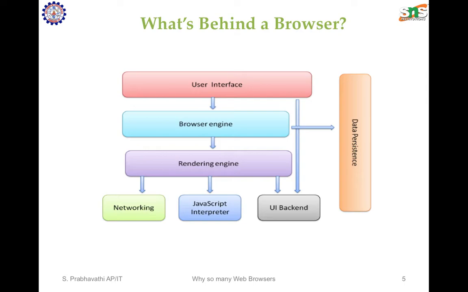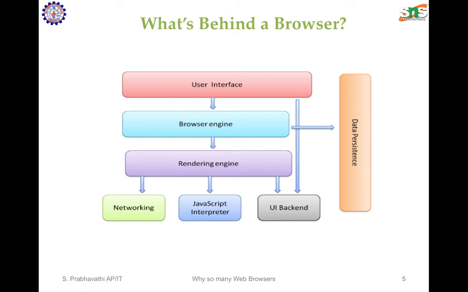Okay, so with this little introduction about the history of web browsers, we'll look at what's happening behind the web browser. The main components of web browsers are given in this diagram. The user interface includes the address bar, back and forward buttons, bookmarking menu, minimize, maximize, exit buttons, tabs, and so on. These are all standard in all browsers. The browser engine organizes actions between the user interface and the rendering engine. The core part of the browser is the rendering engine.